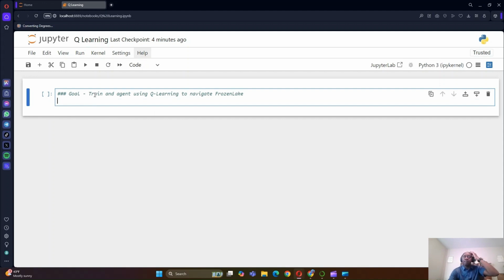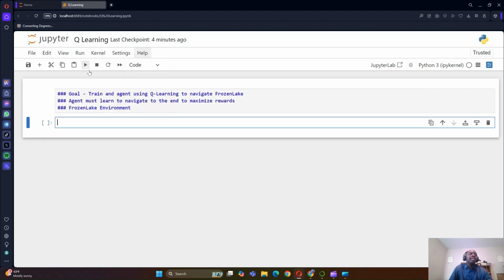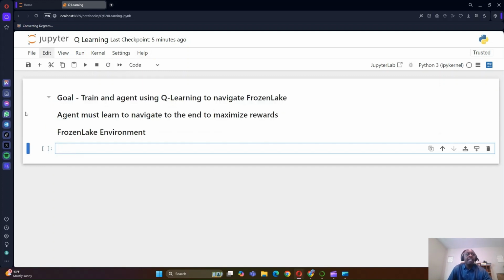It's an environment given by OpenAI that we can use to train, to maximize rewards. And we are going to use, in our case, the frozen lake environment. All right, so I'm going to take this one to Markdown, run it, and let's go ahead and